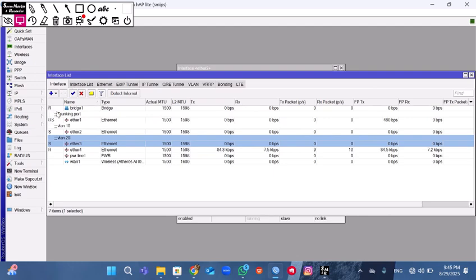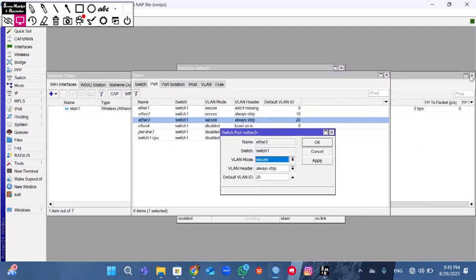The port can be used, and after you configure all of this, we can go check by pinging the host.